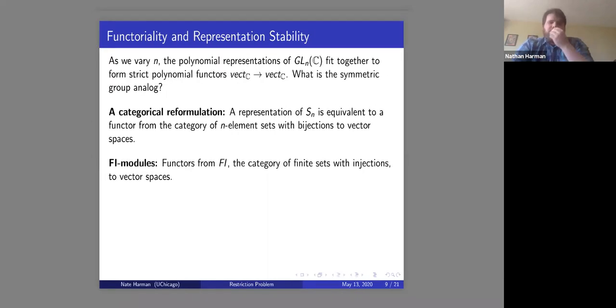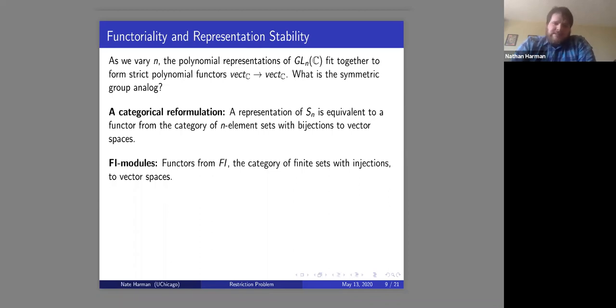It motivates this definition of FI modules. So instead of looking at n-element sets with bijections between them, we can upgrade it to look at all finite sets with injections. This is a stronger, kind of fitting them all together in some sense. And this has gotten a lot of attention